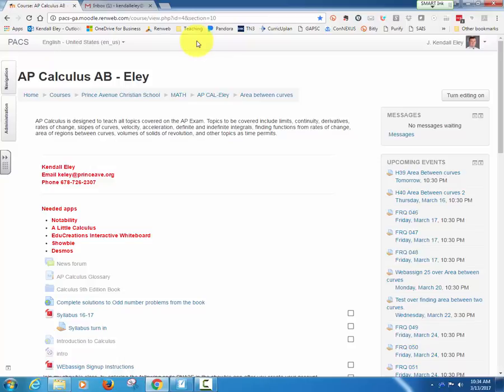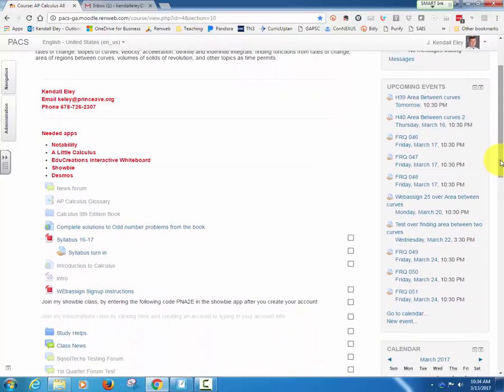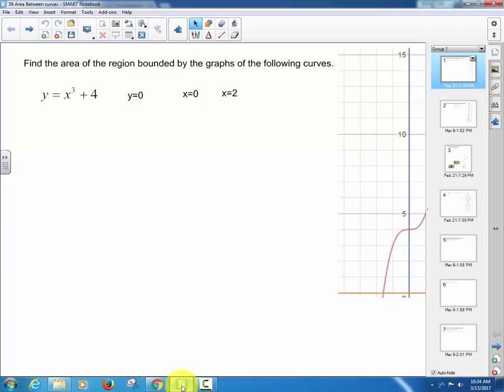And then we'll probably have a test over volumes right after we get back in April. This is your assignments for this week. If you haven't noticed, a couple of homeworks and 3 FRQs, and then next week we've got a WebAssign and a test already up there. So we need to stay on track. I promise you we're getting to the end, and you're going to do okay with it, okay? So let's talk about